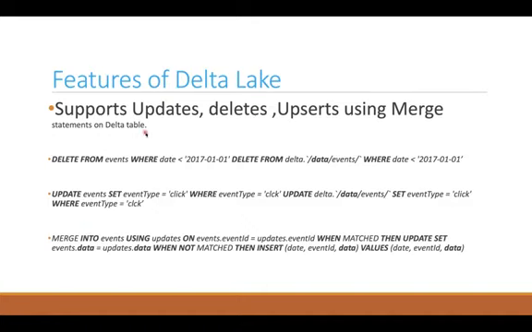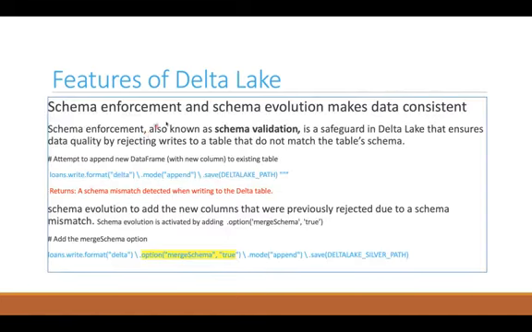This is one of the important features of the Delta table. The second one is schema enforcement and schema evolution, which are possible with Delta Lake. Schema enforcement is nothing but validating the schema. Whenever we receive new data and try to write it to the Delta table using mode append and format delta, if there is any new column in the incoming data which is not available in the already existing data, then it will return a schema mismatch exception.